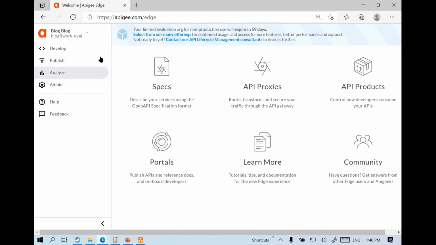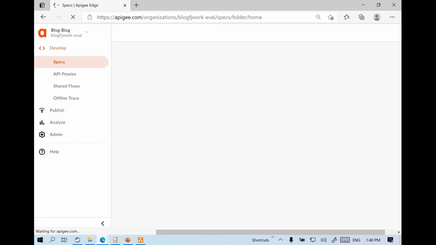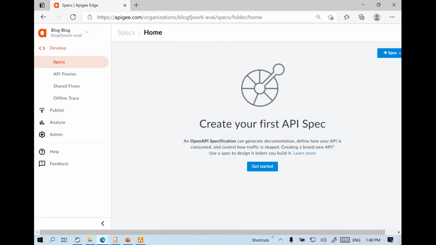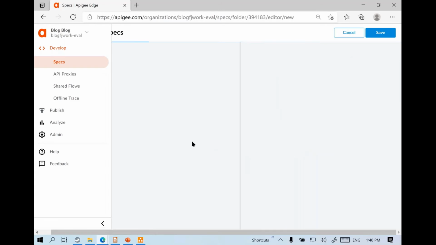So here we have various options. Typically we start off with the design part, that's known as specification as well. So APIs should be designed first. We should give a specification to the developers that this is what the APIs should be like, these are the endpoints and so on. So here we can click, let's say spec here. We can create a new specification.